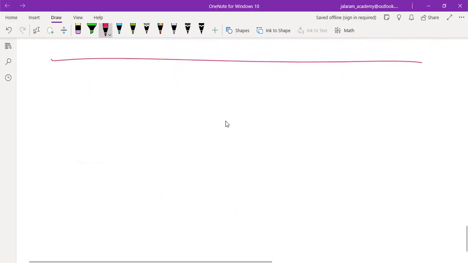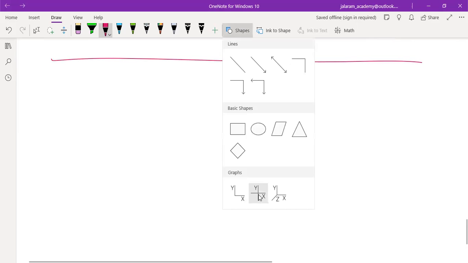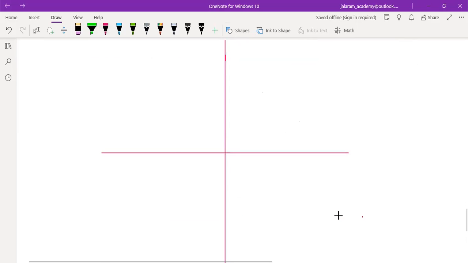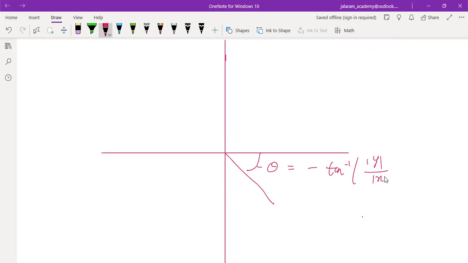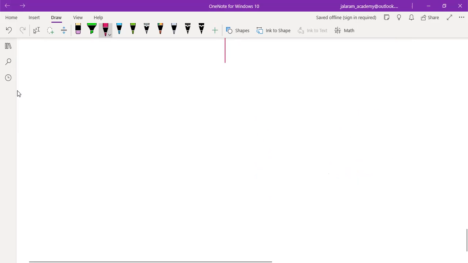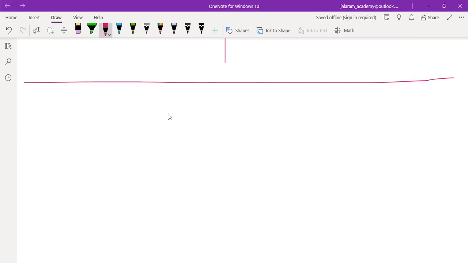And in the fourth quadrant, we are following the shortest possible path. So if the number is in the fourth quadrant, its argument is minus theta, minus alpha. That is minus tan inverse of mod y by mod x. Okay. So let's now discuss some examples for you to use it.